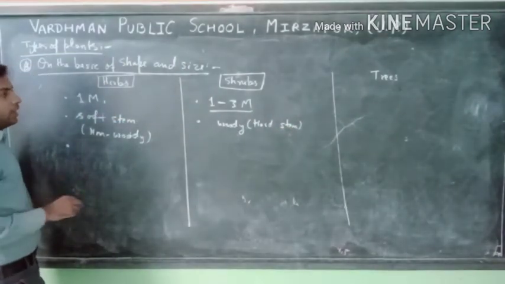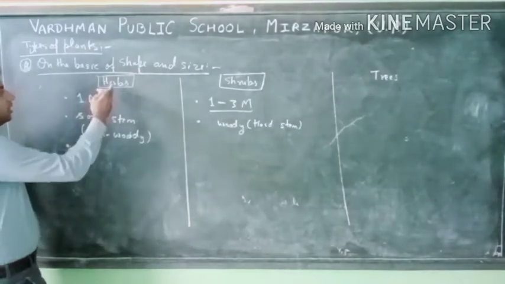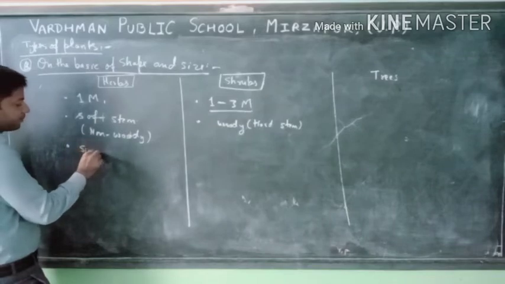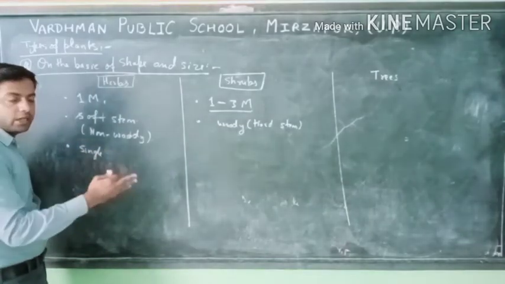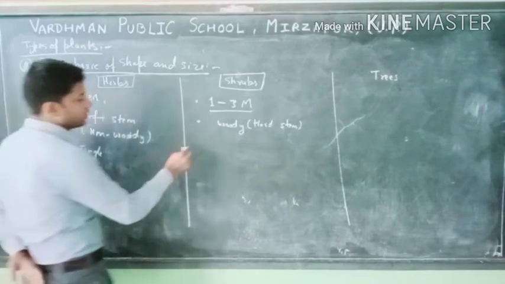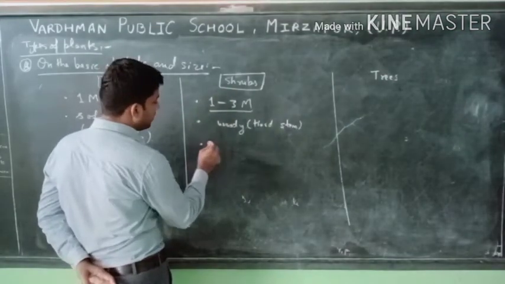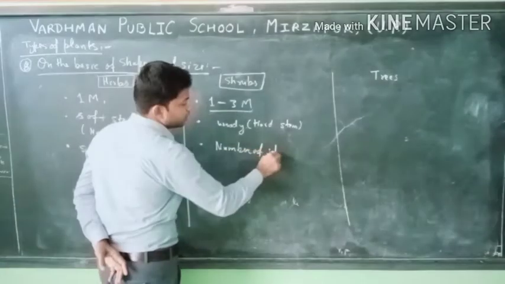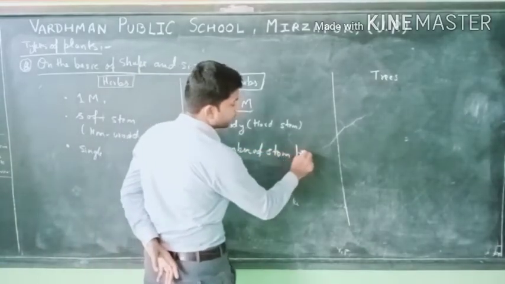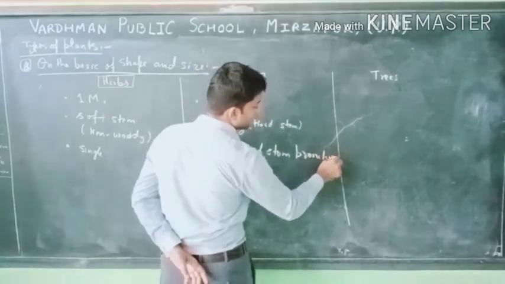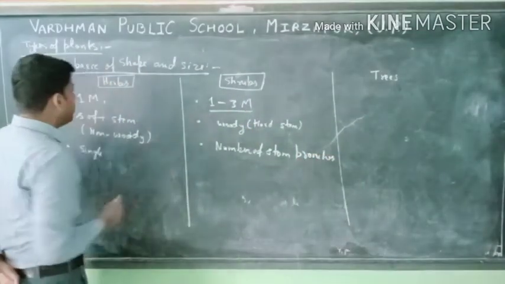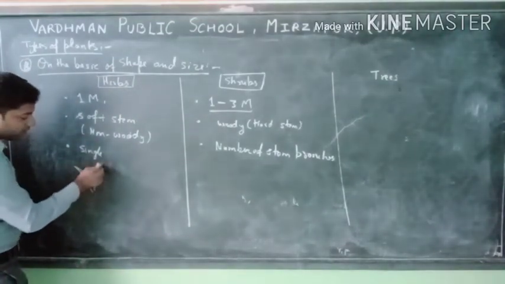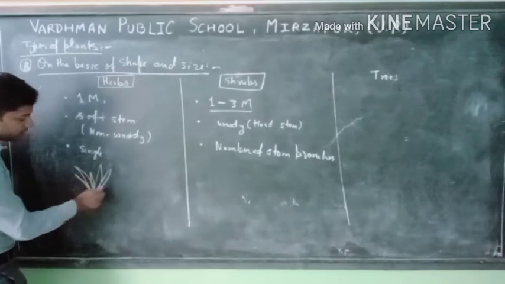Now, the third difference is that in the case of herbs, only a single, clear-cut stem is visible at the base, while in the case of shrubs, a number of stems or branches appear. If we talk about examples, in the case of herbs, all types of grasses are considered herbs,